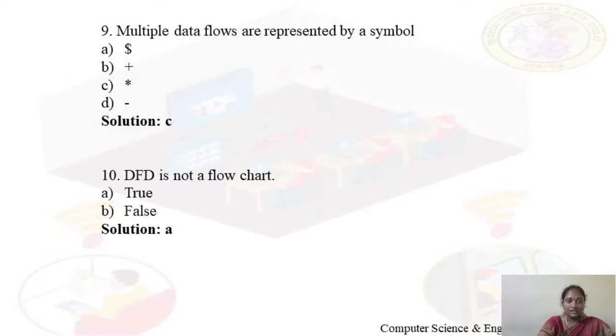I told you that. DFD is different from a flowchart. DFD represents the flow of data, whereas flowchart represents the flow of control. An arrow in the DFD will not be in any order of events, but an arrow in the flowchart represents the order of events. And DFD has no decision rules, control flows, and loops.